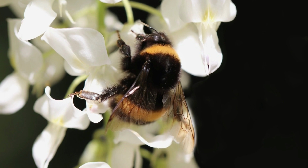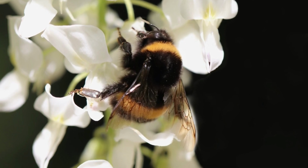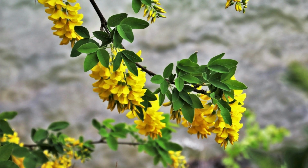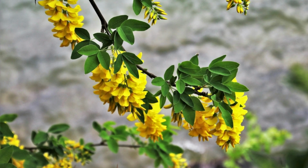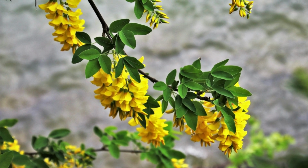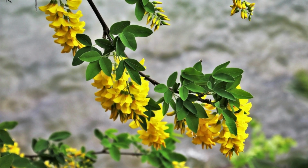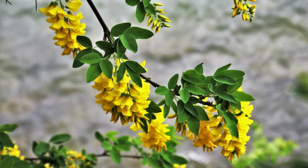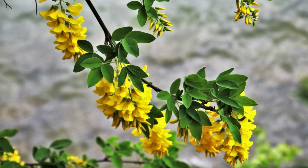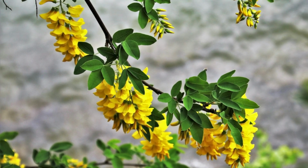If you want a more formal appearance, also prune in summer after traditional flowering. Wisteria produces its flowers on new growth from spurs off the main shoots. Prune all this year's new shoots back to a spur, leaving no more than about 6 inches of growth. In the process, the whole plant can be tidied, trained, and tied in so that there are no loose, trailing